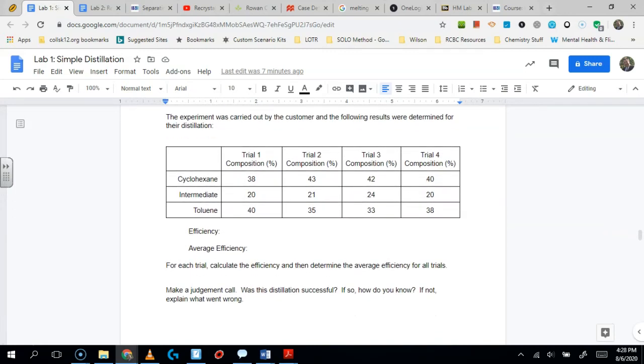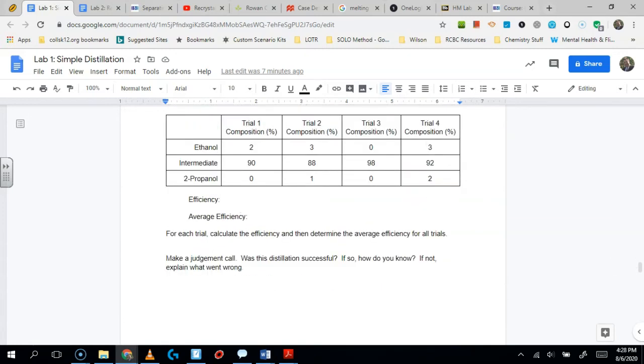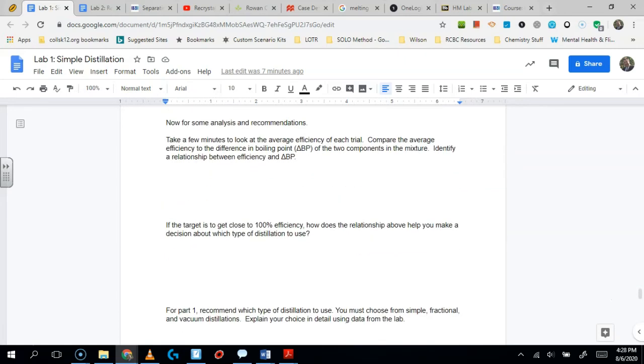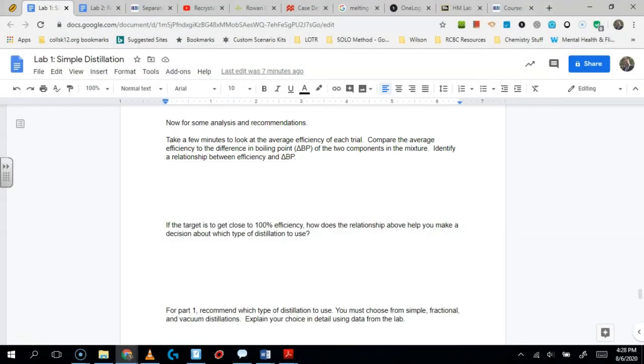Okay, part 2. We're going backwards through the parts. So this is part 2 and then part 1. Okay, so you're going to have to make sure you know this. So now you're going to do some analysis and then some recommendations. So what I want you to do is look at the efficiency of each trial, and then look at the delta BP, or the difference in boiling point for each. Okay, the difference in boiling point you can easily calculate by doing a little bit of subtraction,